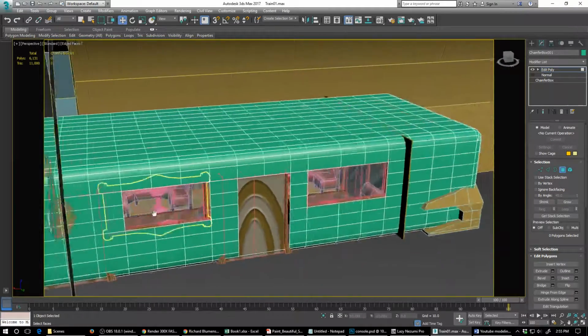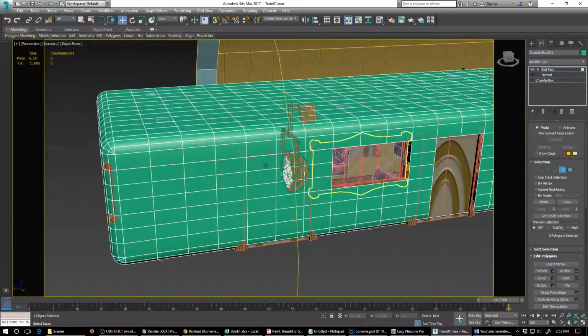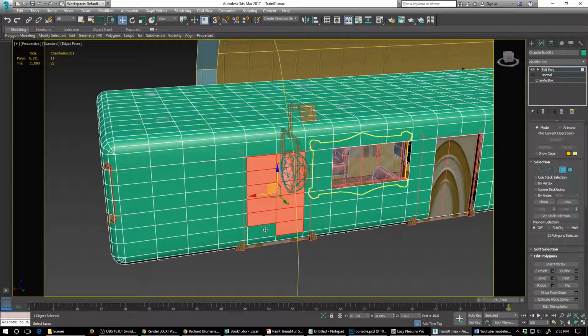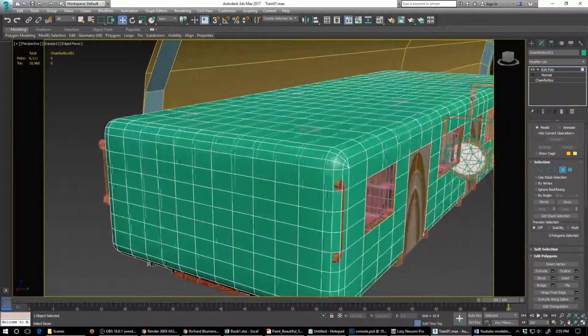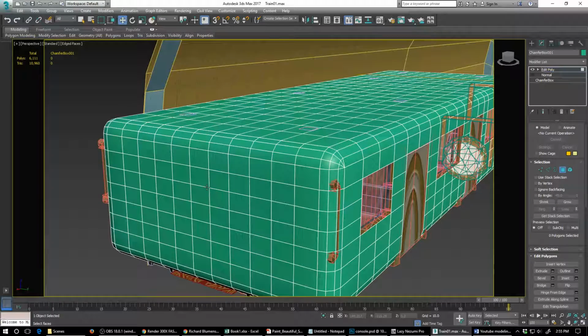A symmetry modifier would make this faster, but for now I'm just going to delete that. Turn back on it. Yep, there's one here, so I just need to